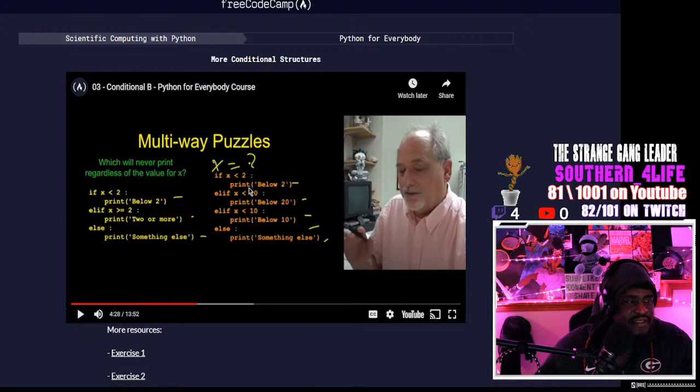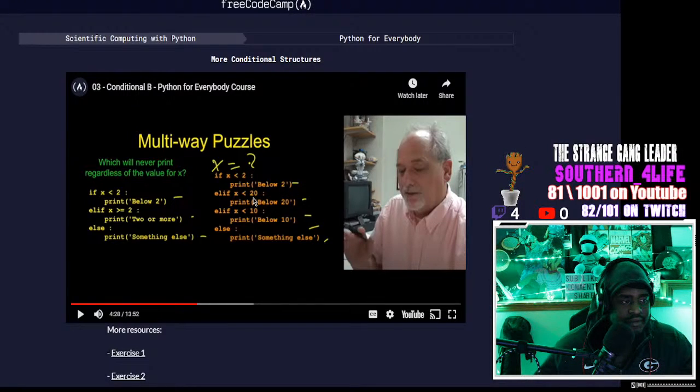Let's just call x 0. So x is less than 2, print below 2. Else if x is less than 20, print below 20. Cool. Else if x is still below 10, it's still less than, so print. So in this situation,